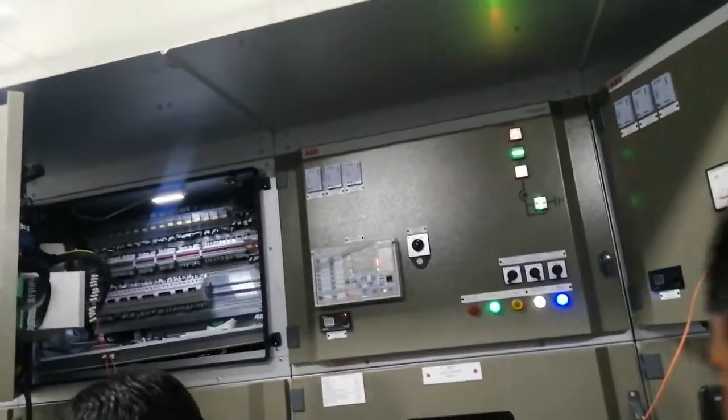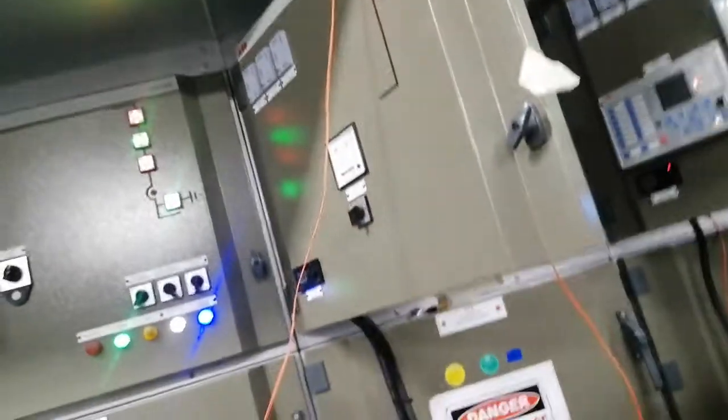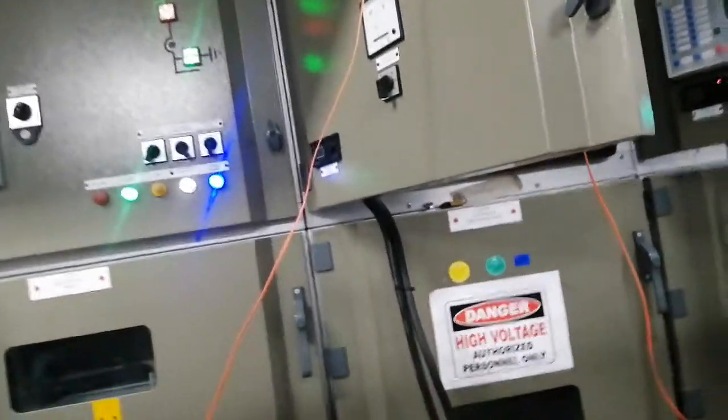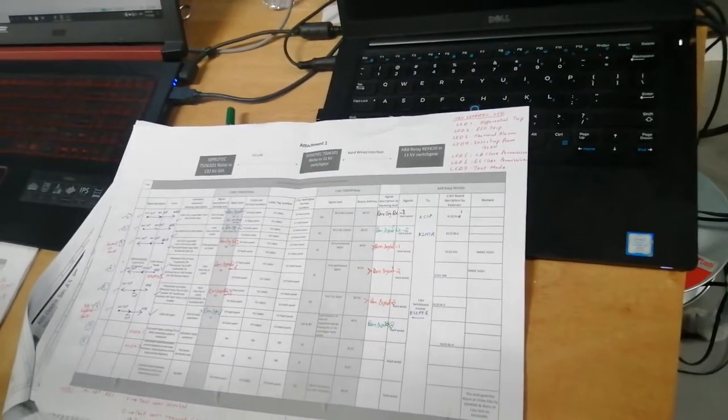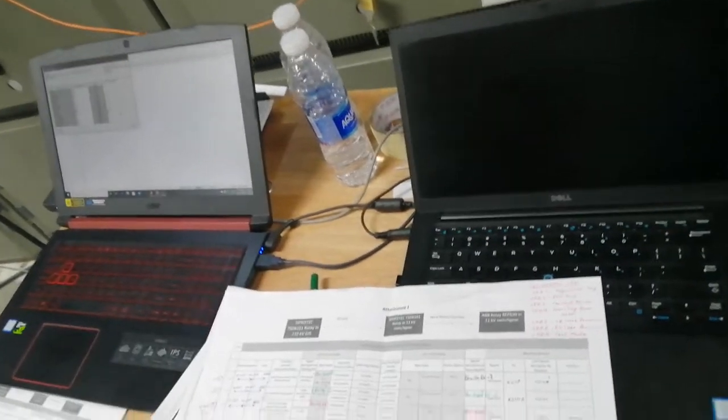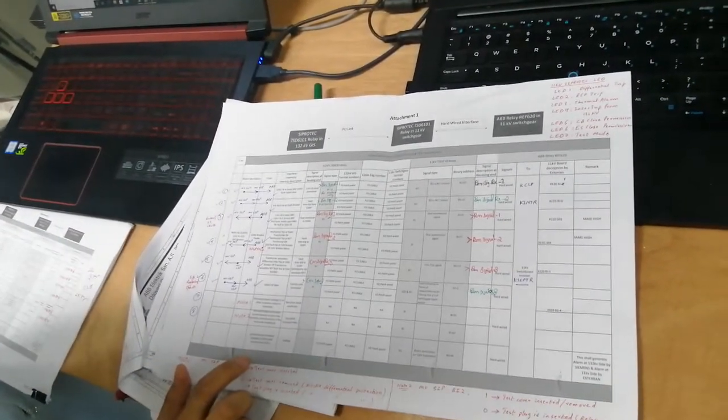So that completes the test of the last signal, which was the intertrip signal from the 11 kV switchgear to the 132 kV switchgear based on the differential and REF protections of the Ciprotec relay. So we have checked this signal on the ABB relay, on the 11 kV Ciprotec relay, and on the 132 kV Ciprotec relay.